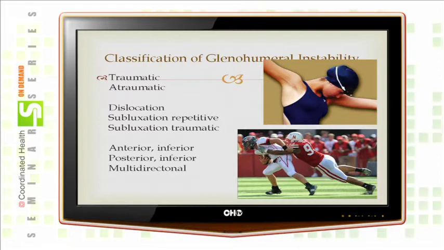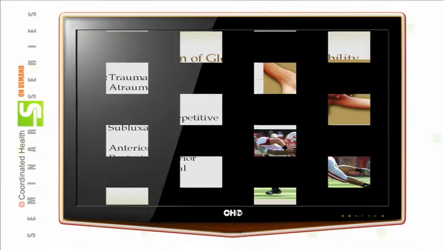We also look at whether the shoulder dislocates, meaning it literally comes out of the socket, or whether it subluxes, which is very common, and that means the shoulder actually slips out of the socket, slips back in, slips out, slips back in. I see that often, and that is very common in swimmers and other gymnasts and so forth.